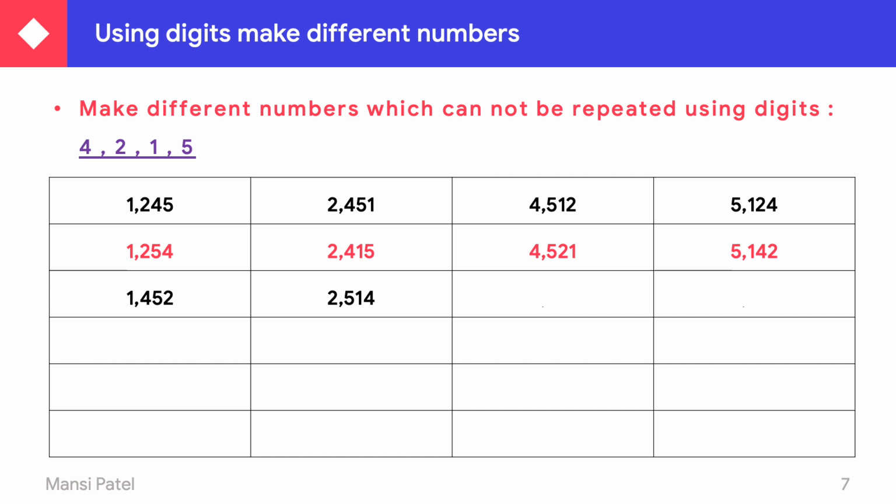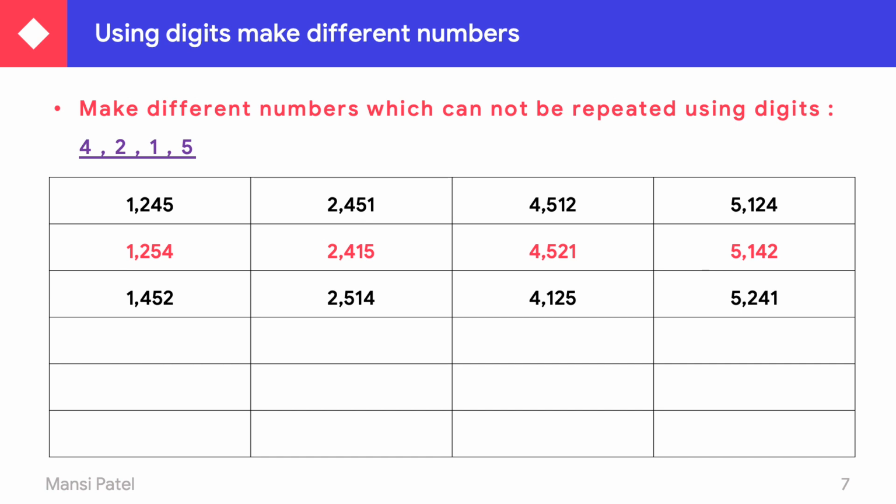So it becomes 2514. Then 4125. In this again we just change the place of ones, tens and hundreds only. First digit we can't change because we already changed it in our first step. Then 5124 becomes